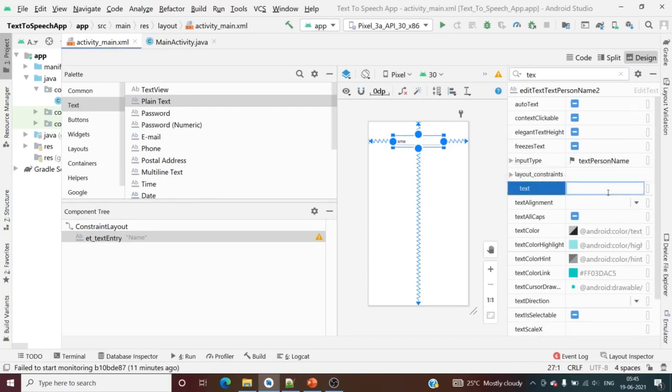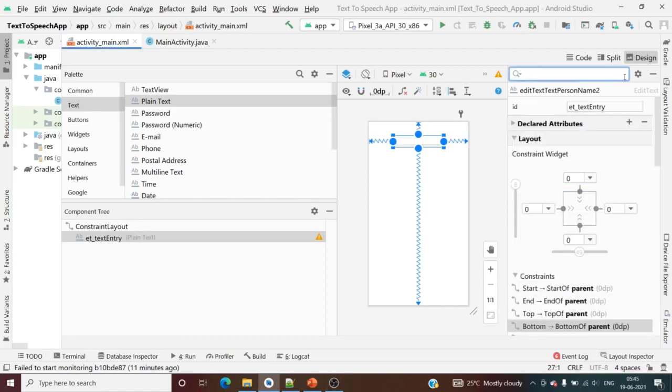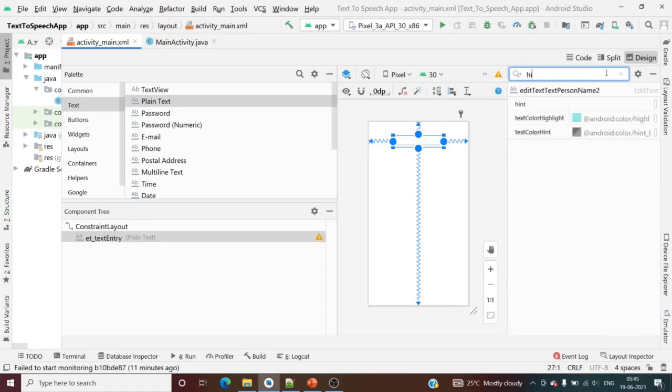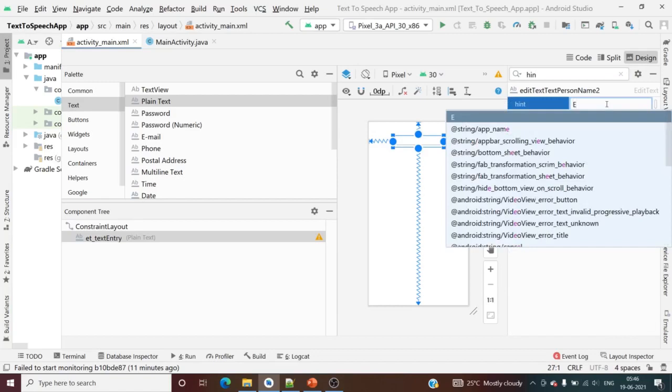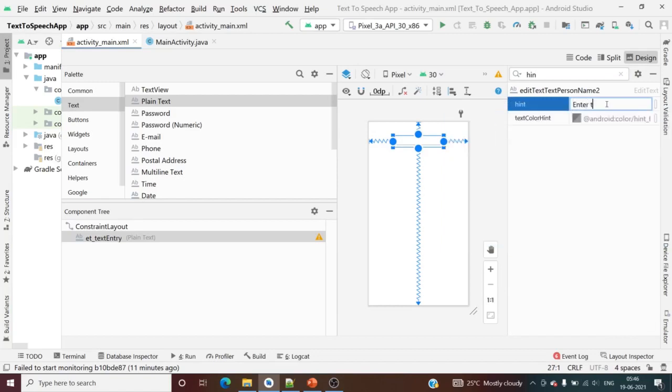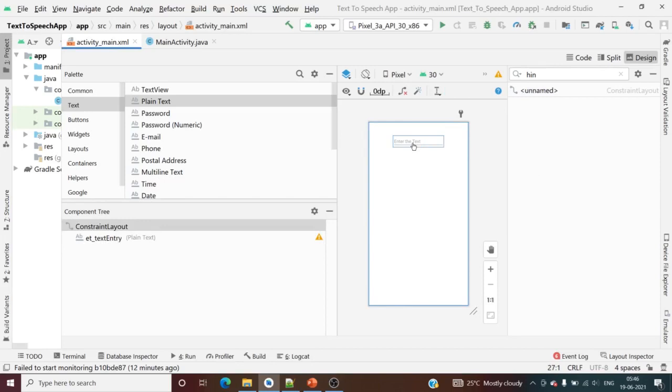Many students miss this. When you want to give a hint, remove the text. Then I will go to hint. Here I will make the hint as enter the text. Now you can see it has gone.